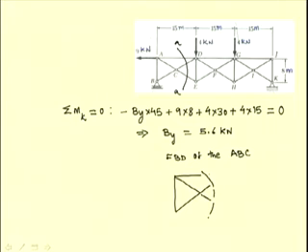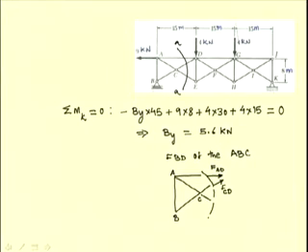Since the section passes through the member AD, we have to include the force in the member AD, and it also passes through the member CD. So, the force in that member has to be also included. We assume all these forces to be tensile forces. So, the forces will be acting away from the corresponding joints. That means, the force AD will be acting away from A, force CD will be acting away from C, force CE will be acting away from C.